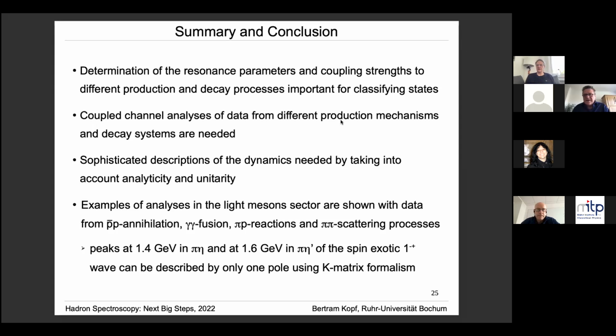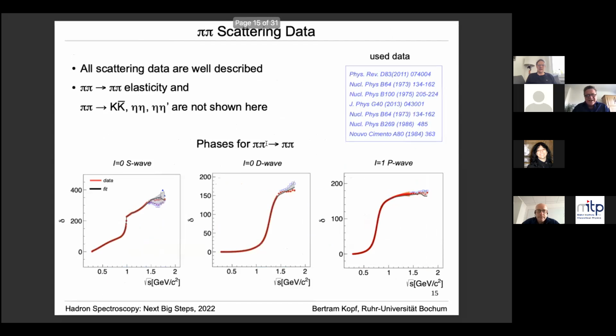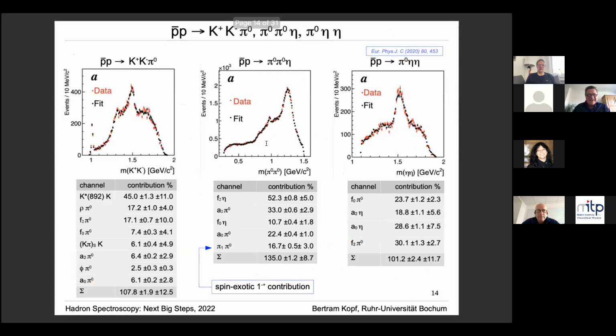Hi, Bertram. Thank you very much for this very nice overview. I have a question regarding the mass range around the A0980, F0980. Is the data you are currently analyzing sufficiently accurate to get access to the A0, F0 mixing? Oh, good question. Which data do you mean? Well, the antiproton-proton data. You mentioned that you think you can disentangle the isovector and the isoscalars. And I think the same can in principle also emerge in gamma-gamma, right?